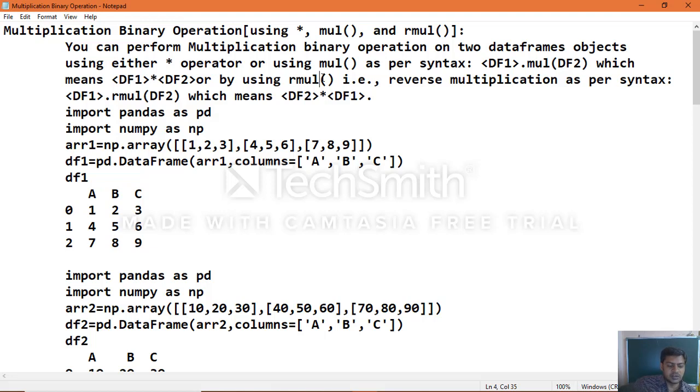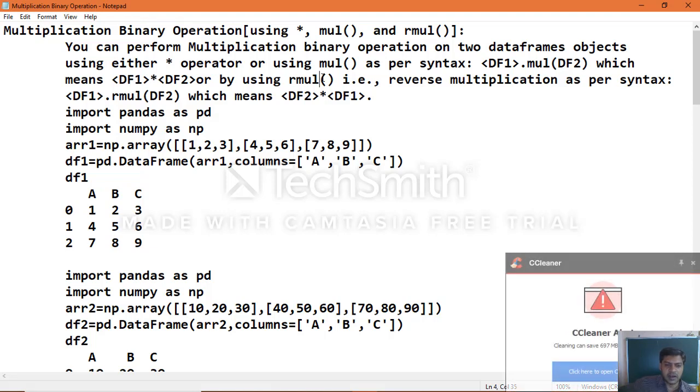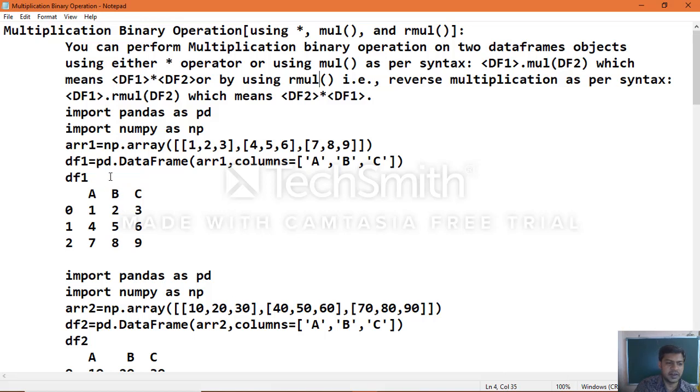You must import two modules, the pandas module as well as the numpy module. Array object 1 equals np dot array of 3 rows and 3 columns, and create data frame object 1 equals pd dot data frame of array object 1 comma columns headers, which we specify as a, b, c.